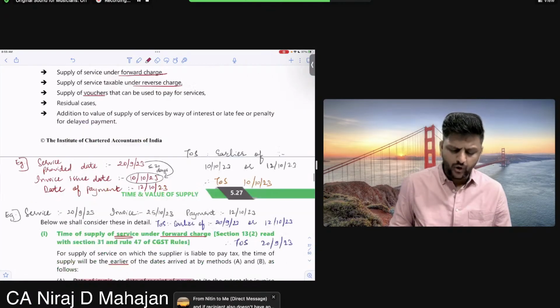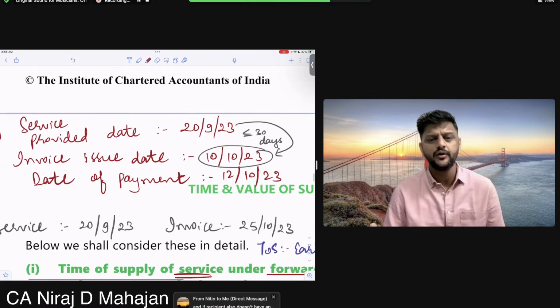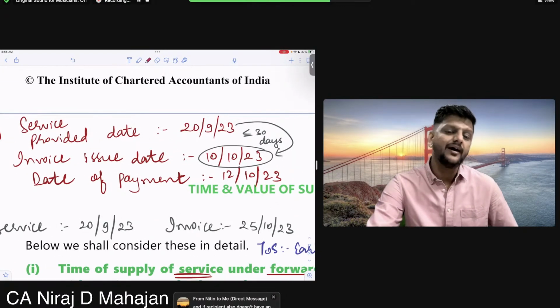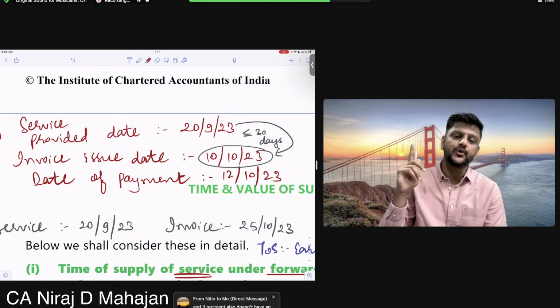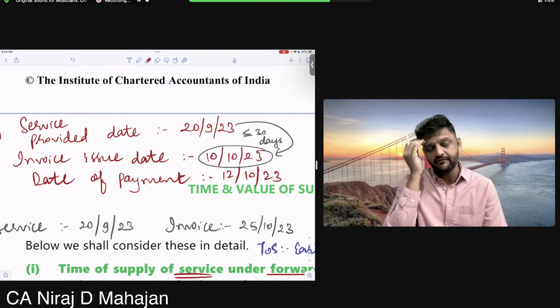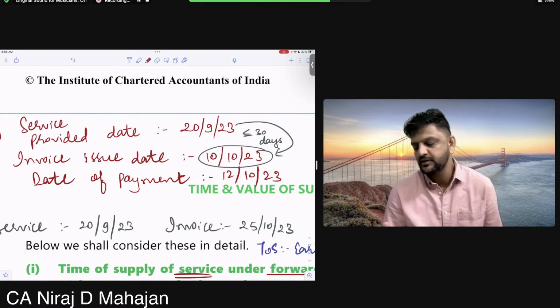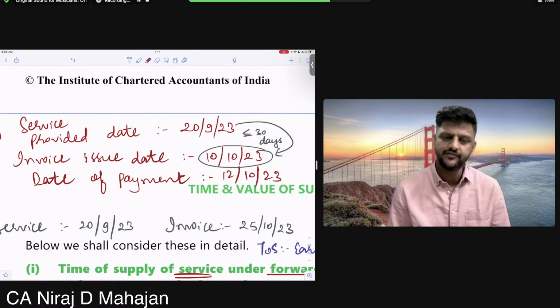Your date of payment, bachcho, will always be... now what, date of payment means what? If that is not possible, then we always check the due date of return or the date when GST is paid. That will be your time of supply. These are residual cases. If that is also not possible, then